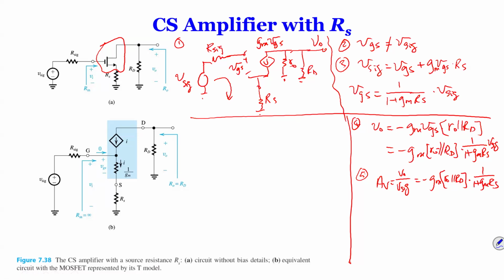Okay, so by this time you already realize that yes, if you have a resistance at the source, your gain, in comparison to the one without a resistance at the source, did reduce by this much. Now, depending on the value of RS, this number could actually be pretty big. Again, it depends. If this number is big, then your gain will be reduced by a certain percentage, maybe half, maybe 1/3 or 25%, whatever the number is. So we can still do it